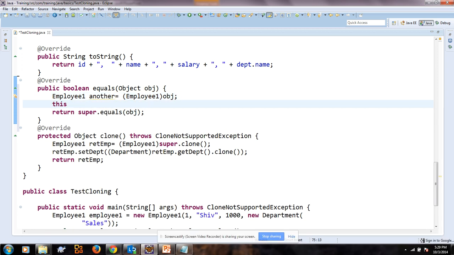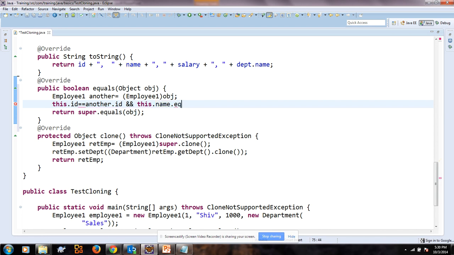So if I say this dot id equal to another dot id, and this dot name